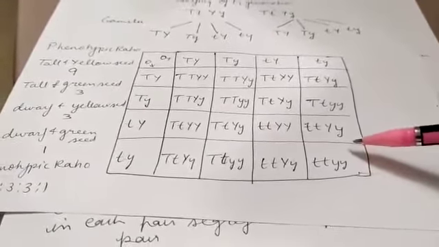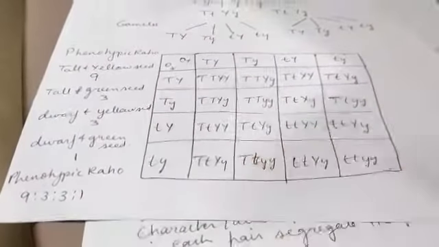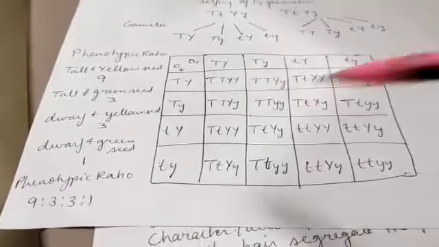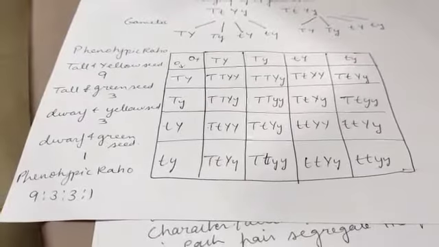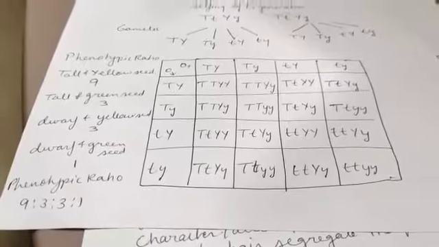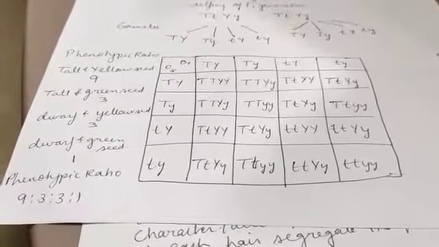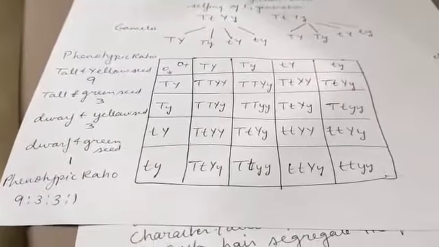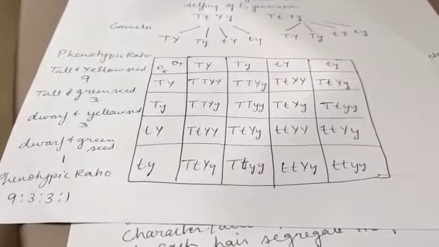So the phenotypic ratio is what? It is 9:3:3:1. Understood this thing? In the dihybrid cross, the ratio is what? 9:3:3:1. Understood this? This is known as the dihybrid phenotypic ratio. Genotypic ratio is also there, but that is the bifurcation of it. We will discuss it in the class. Understood? This is known as the dihybrid cross.